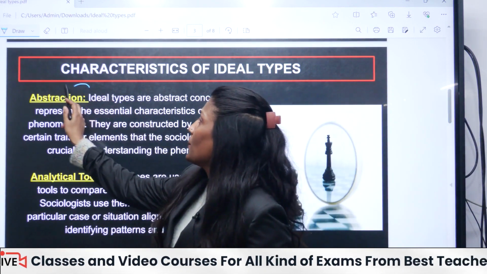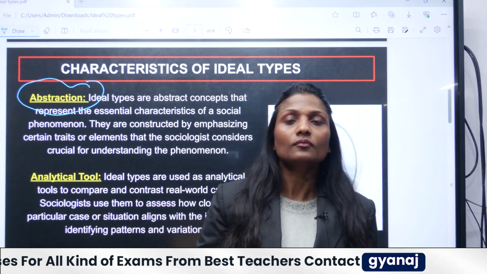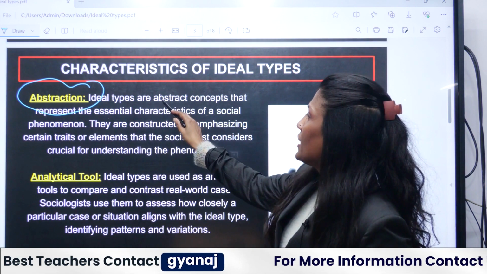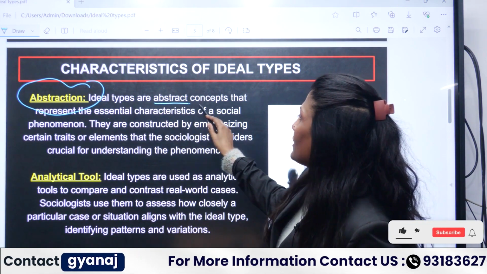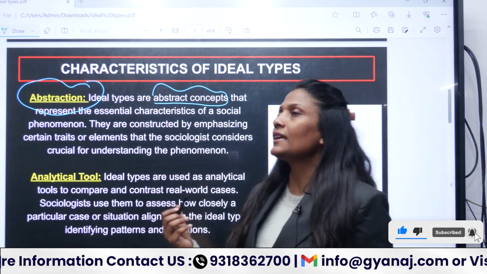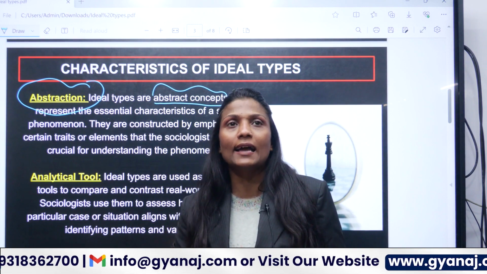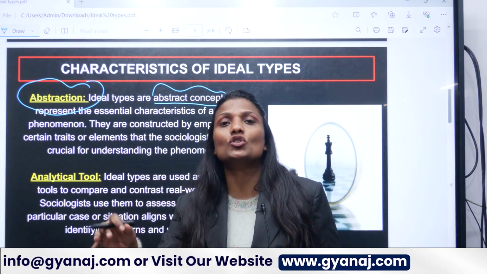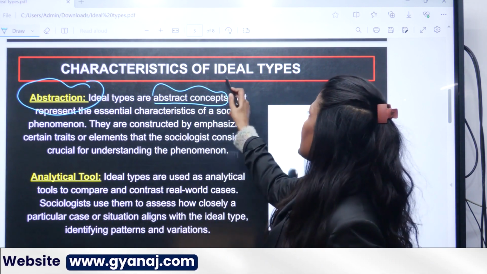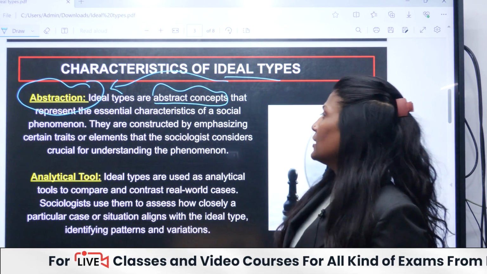So, the major characteristic of ideal type is abstraction. We have various abstract concepts. Now we create certain models in our mind to understand different social realities. So we can say that ideal type is an abstraction.